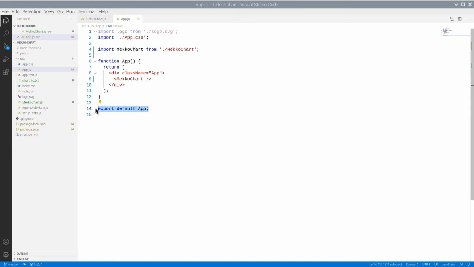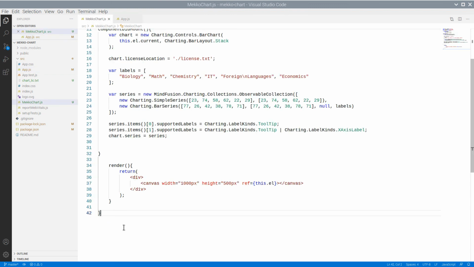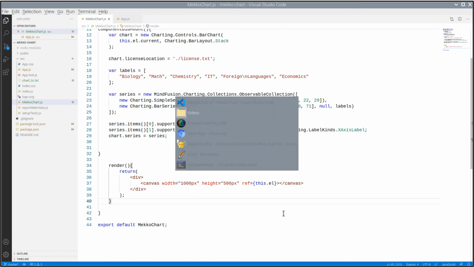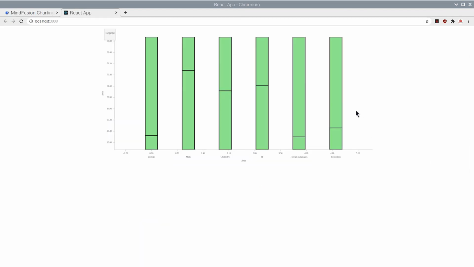Before we go to the web page, let's not forget to add default export to the Meko chart component. And here is our chart. It looks far from a Meko chart, but we will start styling it right away.